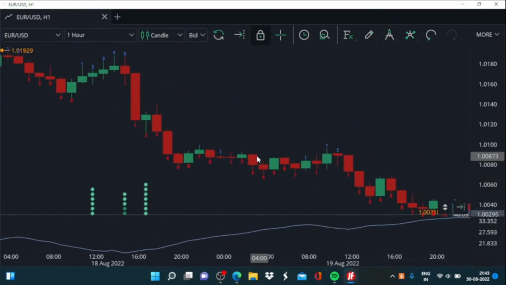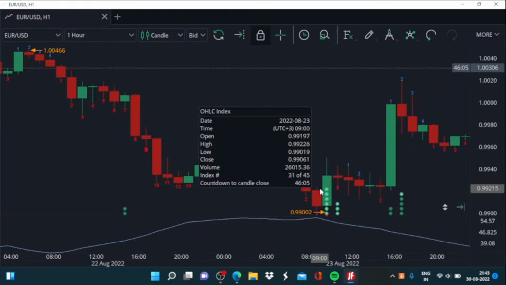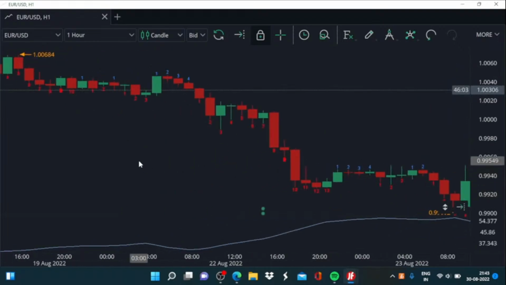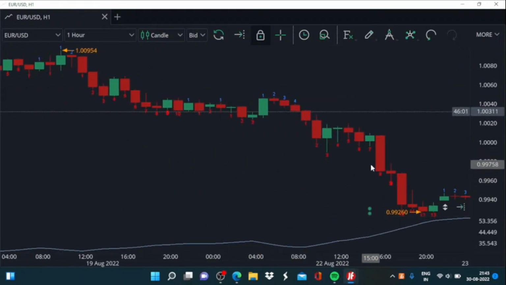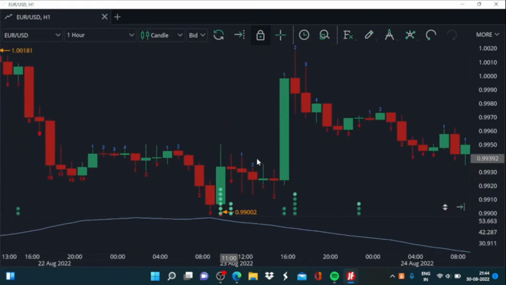It continued to decline for more than 24 hours, and in the course of that, it declined by around 150 pips. So that's quite a big move for any trader, and if you were to simply rely on the ADX, you would have been able to figure out the